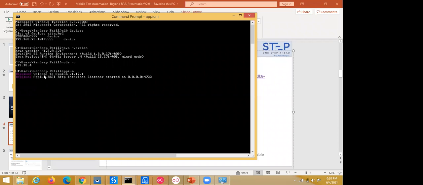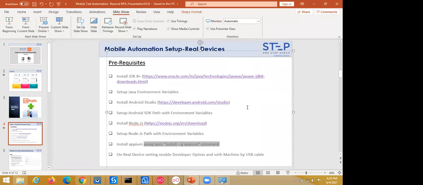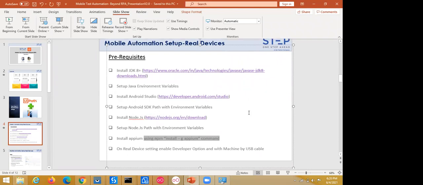Okay, so now the app, welcome to Appium version 1.90, and Appium REST client is actually running on my localhost. So this is my localhost, and by default Appium is running on port number 4723, right? This is very important because we need to add this URL into our UiPath during device configuration. So now we have started our main part, to connect a real device with